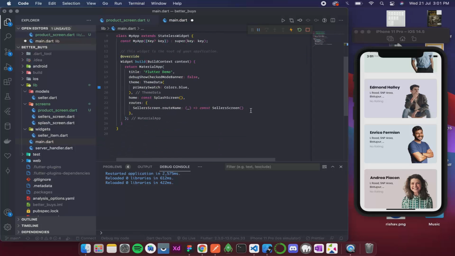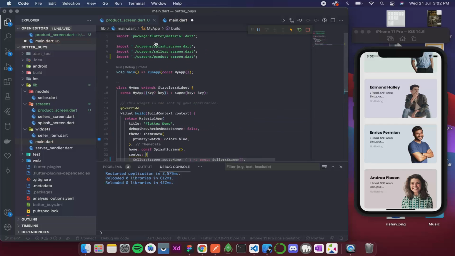Now inside routes I'll add product screen dot route name. This is going to be const ProductScreen. Alright, so we have attached the screen to our main file.